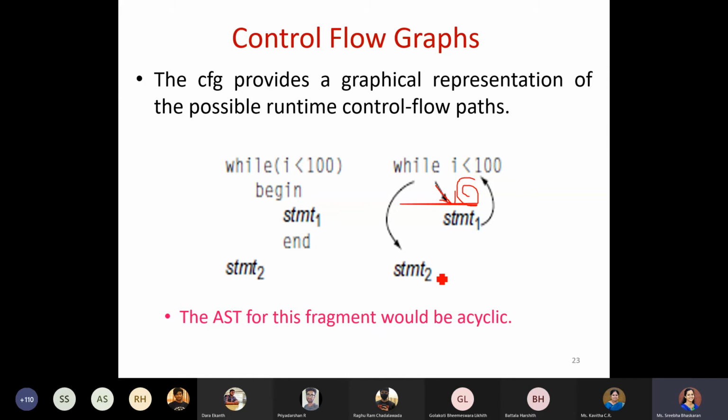Instead, I have to rewrite this particular while loop by using some labels in such a way that I never end up in a cyclic form. You remember writing your assembly code programs by using labels.